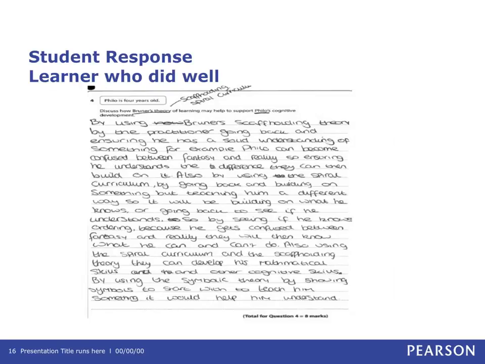Here is an example of question 4. Learners were asked to describe how Bruner's theory of learning may be used to support Philo's cognitive development. The majority of responses were only able to indicate some aspects of Bruner's theory. As a consequence, the overwhelming majority of learners could only access level 1 in the mark scheme, as there was